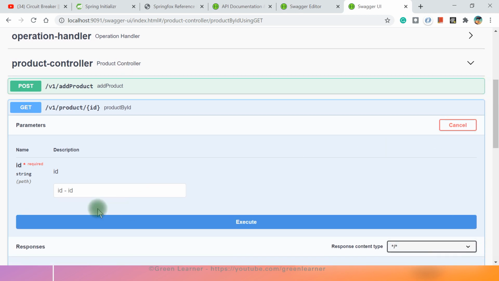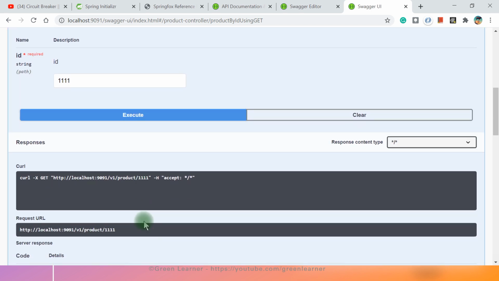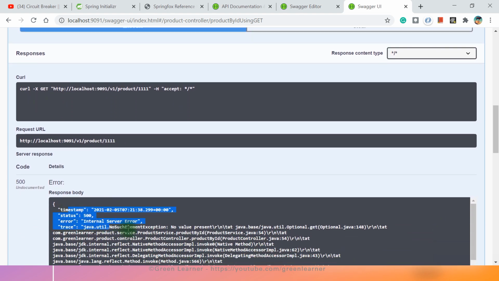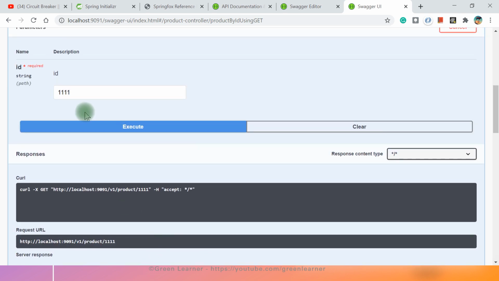Try it out and configure that ID. It is saying that this is a required field in itself. You can mention it and you can execute it. It is going to give you the result. If I want to execute it, just give some random value here. If it is present there, it is going to return it, otherwise it is going to throw an exception. You see, we are getting the exception because it doesn't exist here, right?